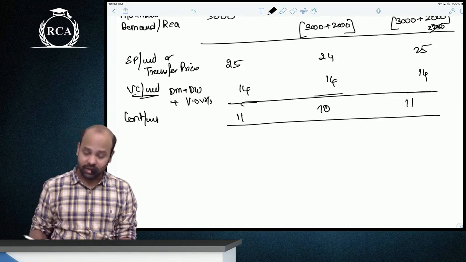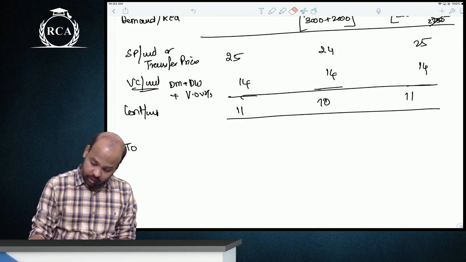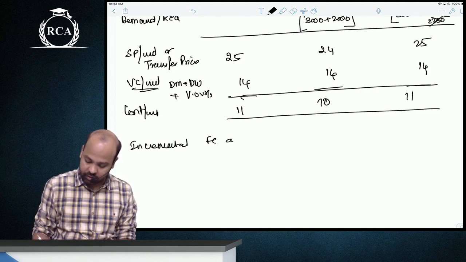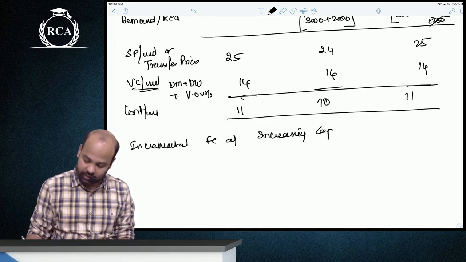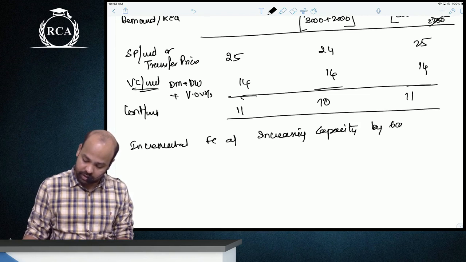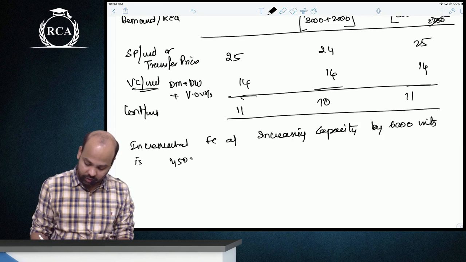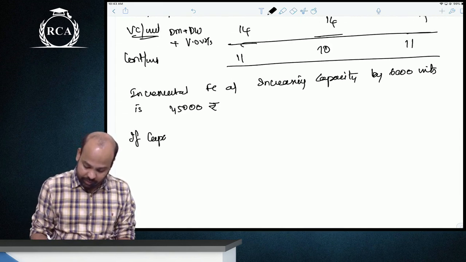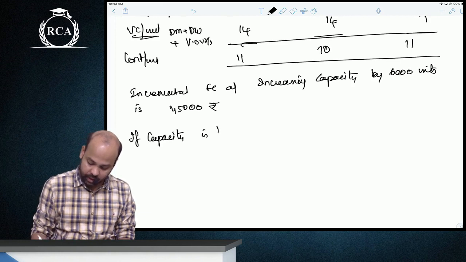Please understand the incremental fixed cost of increasing capacity by 6,000 units, which is 45,000 rupees. Now if capacity is limited to 6,000 units, dhyan dena,